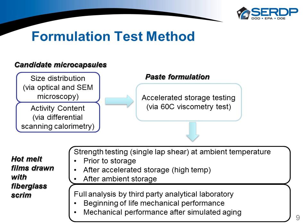So we had 3 stages of testing whenever we were looking at a new formulation of microcapsules. So the bulk of the development and evaluation was looking at different encapsulated Fenuron batches and evaluating the encapsulation process. So I think we had on the order of 50 different capsule batches fabricated, trying to optimize the process